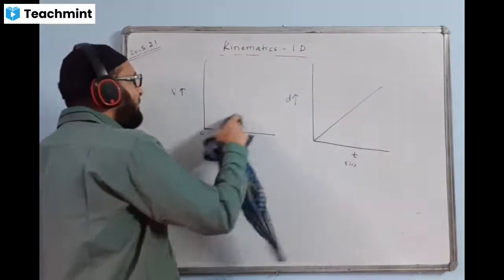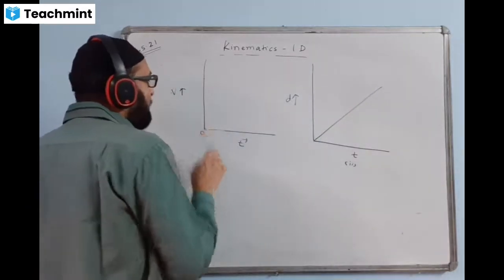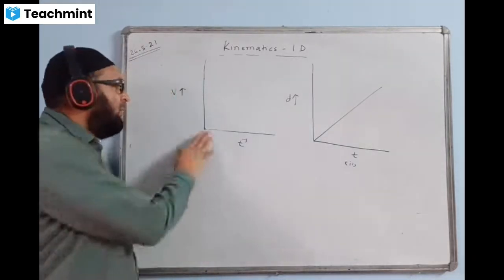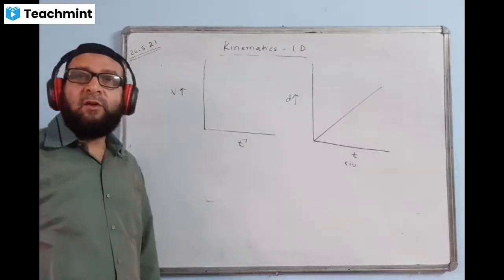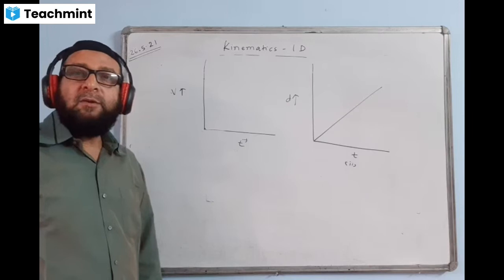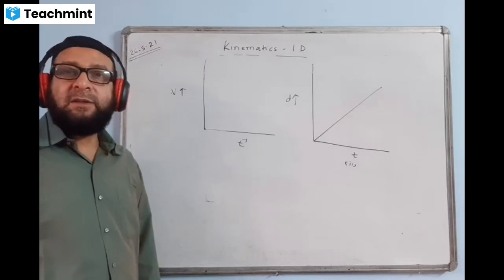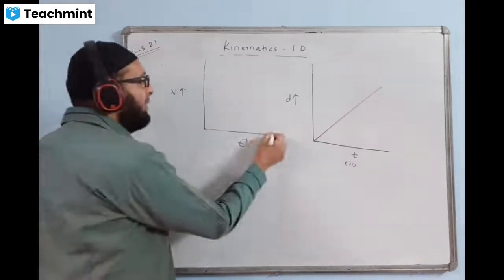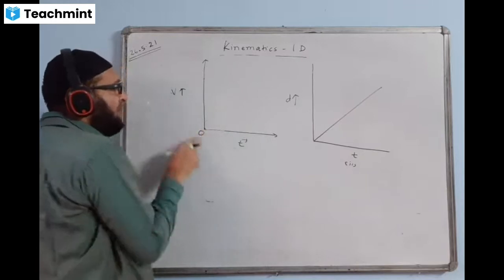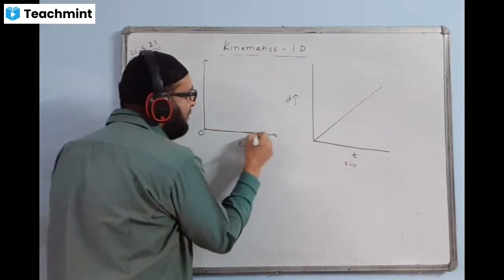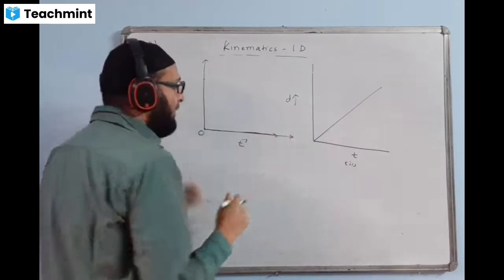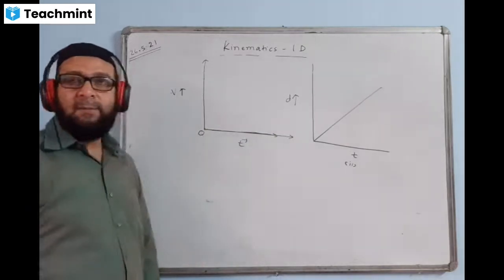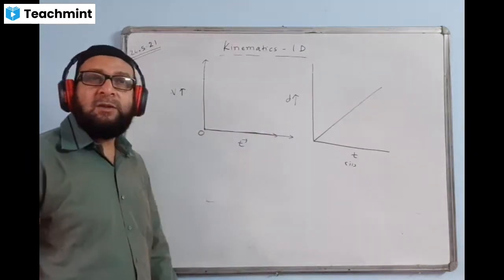Now, a question comes like this: draw a VT graph to show the body at rest. How do we show? We have to show the body is at rest. Draw a velocity-time graph, not a distance-time graph. You have to draw a velocity-time graph to show the body is at rest. How do you show? In that case, the velocity-time graph will be drawn like this, and we show the velocity is 0, and we'll just darken this line only. The x-axis only will be darkened. The velocity value is 0 every time. That means the body is at rest.